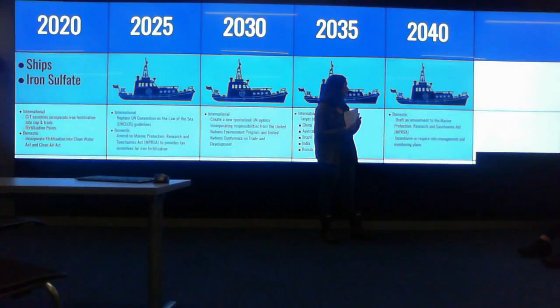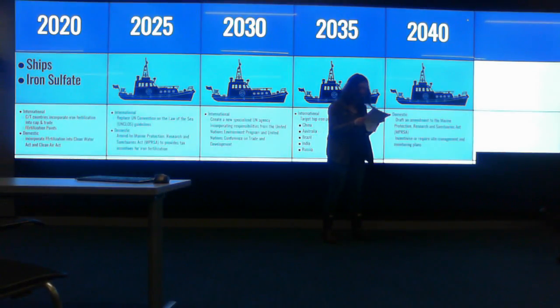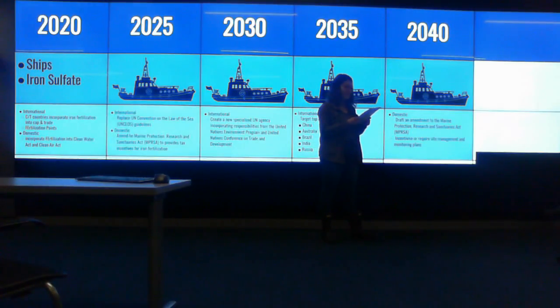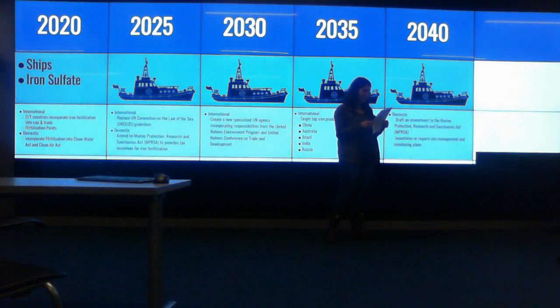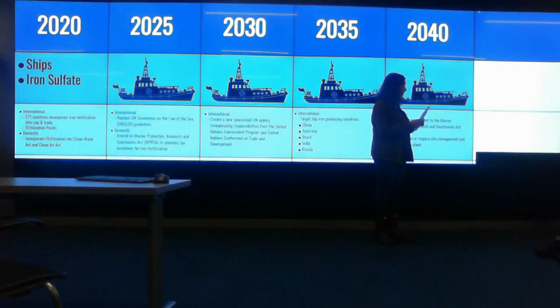So on a slightly unrelated note, going back to domestic policy, in 2040, we're going to draft an amendment to the Marine Protection, Research, and Sanctuaries Act that would incentivize site management and monitoring plans for targeted areas where fertilization would be beneficial globally. And then in 2045,